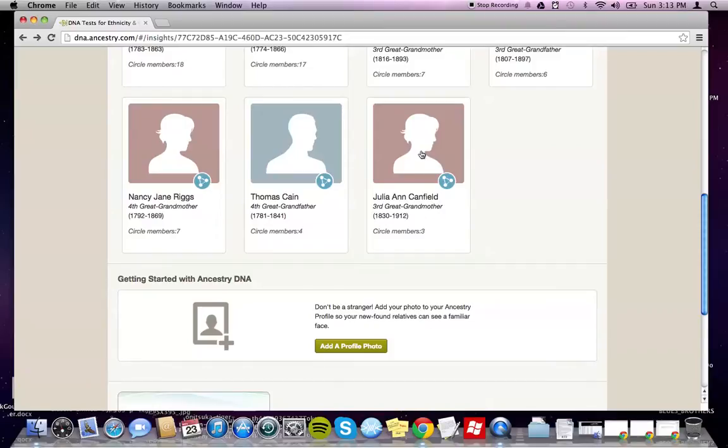But this is a lesser research family, and this is actually a brick wall for me. Well, that's not quite true. It was for about 15 years, and I figured out her dad's name yesterday. But that was because of the DNA circles. Really, because I had her as Campfield,